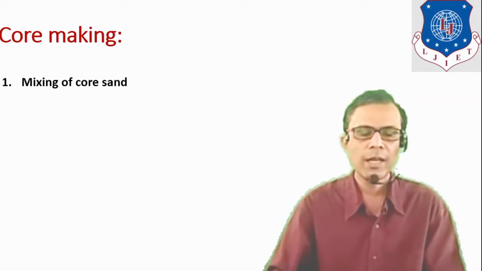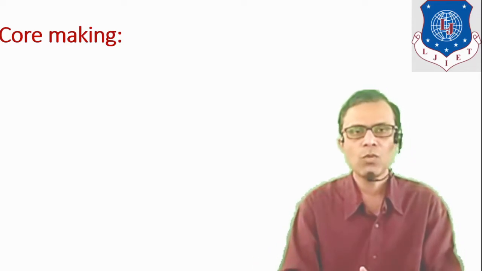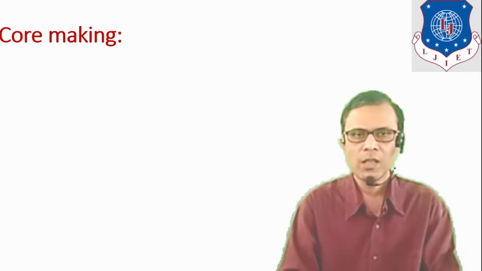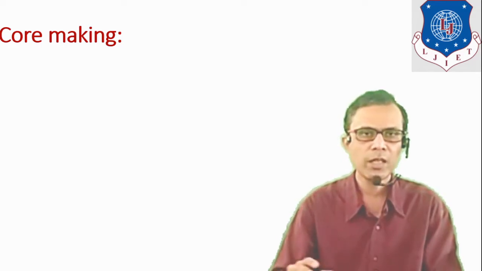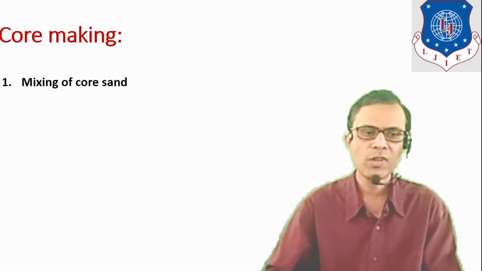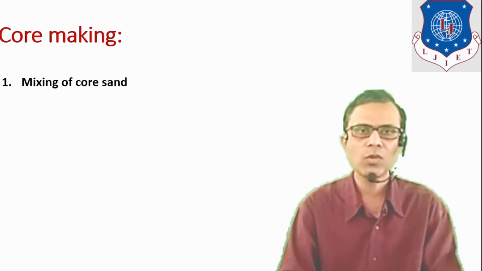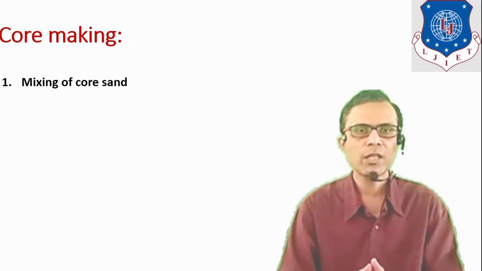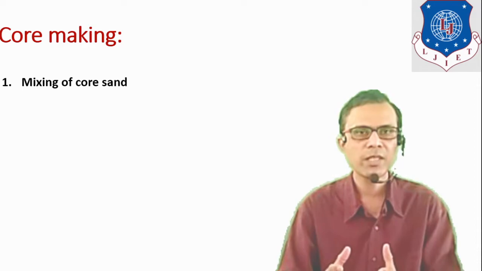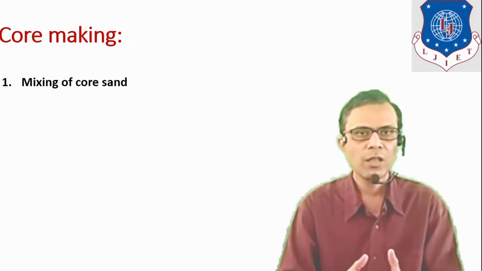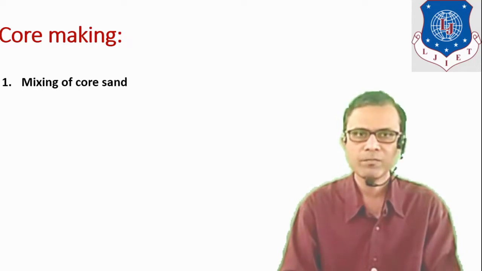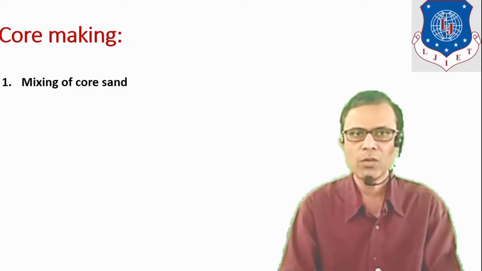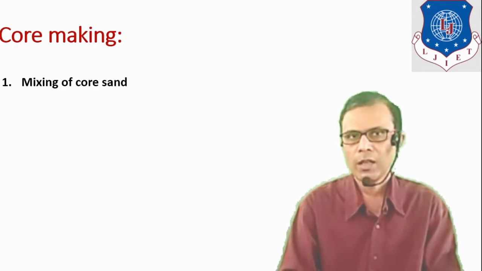Now let's see the core making procedure. Step by step we will discuss the procedure to make a core. So the first step is mixing of core sand. Now we know that core is made from sand. So it is mixed with clay and with some binding material. Sand is used because it has very good collapsibility, permeability